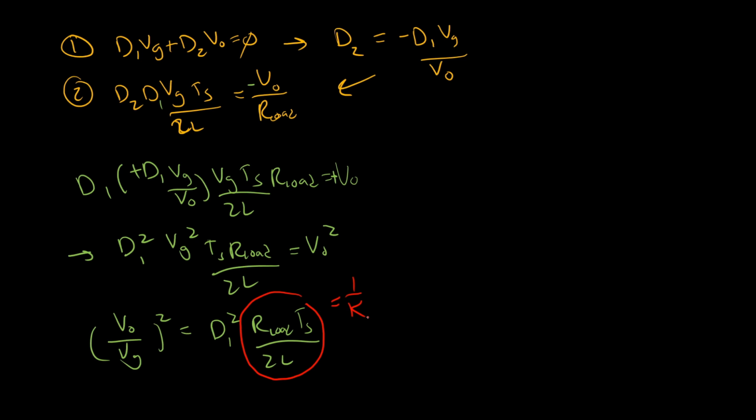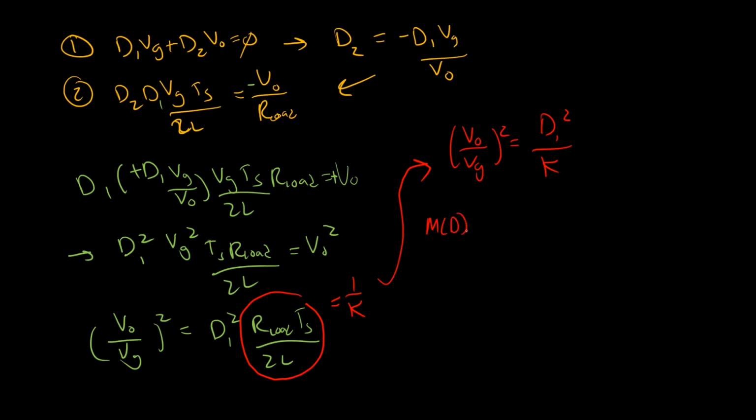How interesting, right? How weird is it that we find this thing here? Cool. So this is 1 over k, so I'm just going to replace this thing with 1 over k because it makes the equation look super nice. So we have V out over Vg squared is equal to d1 squared over k. And now,